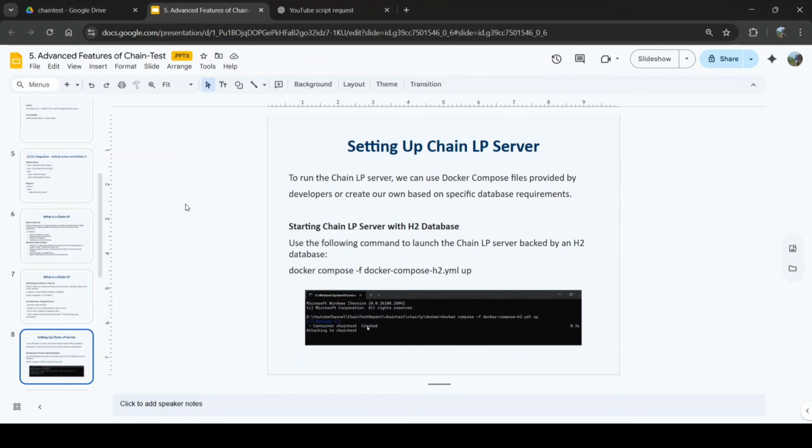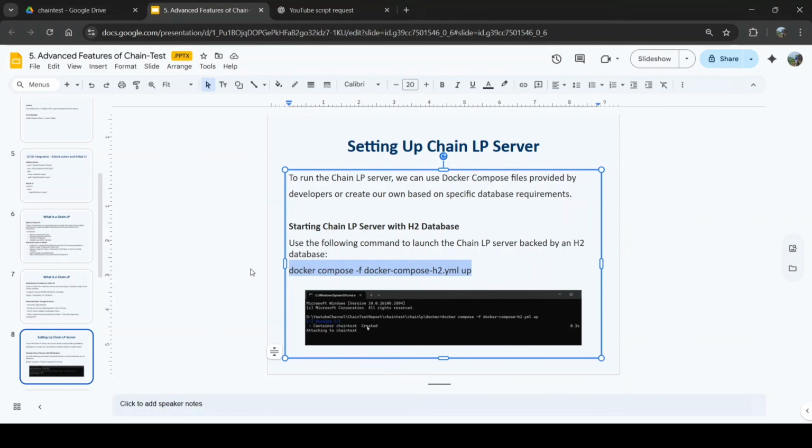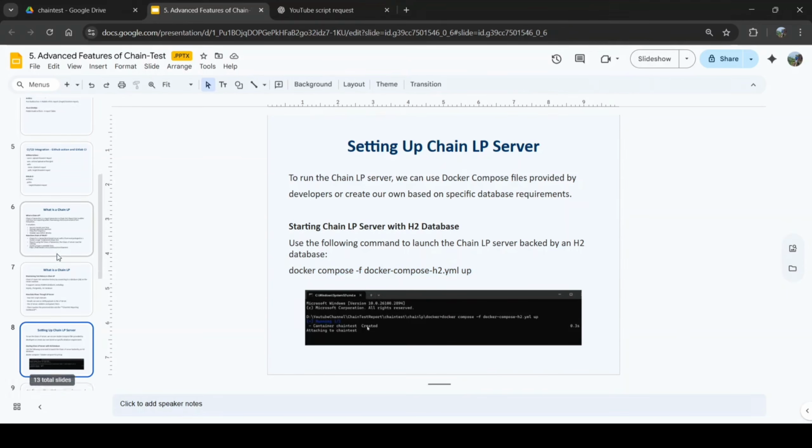So let's see how we can set up the ChainLP server. To run the ChainLP server, we can use a Docker compose file, which usually gets provided by the developers, or we can create our own based on the specific database requirements. So first of all, we have to start our Docker. We have to keep it running. So yeah, this is the command for running the Docker. After that,